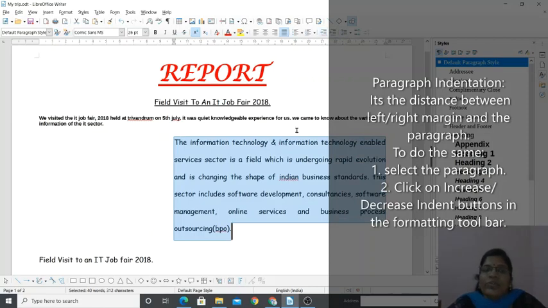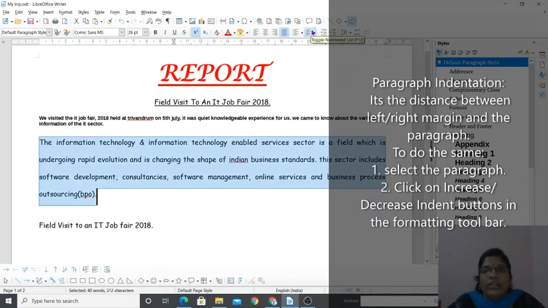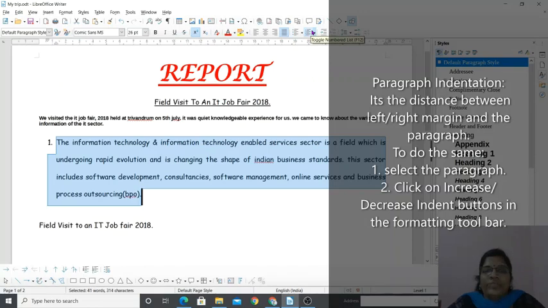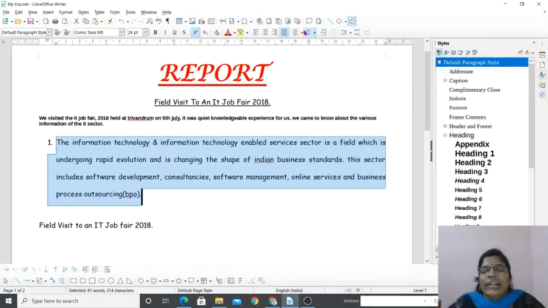Right? This one you can use if you want to add a picture over here. If you prepare a magazine or news articles, you can place a picture over here and the text can be here using this indentation. And decrease indentation: as many times as you press, it will decrease the indentation. See, do you see that? This is called indentation.